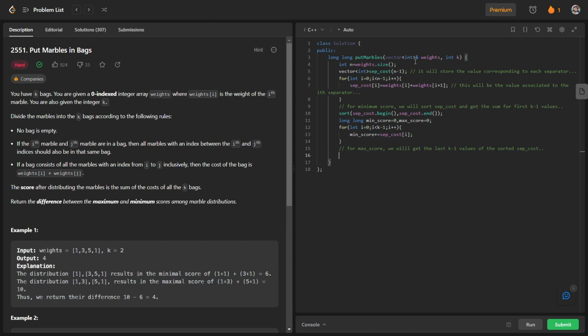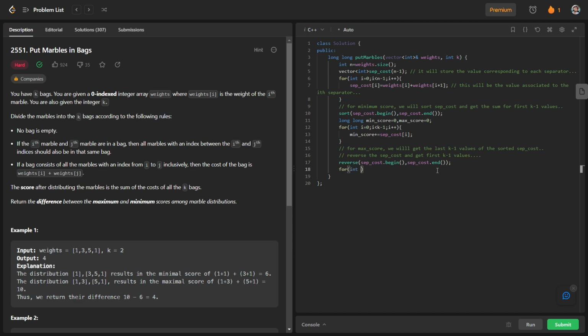For this we can reverse the sep cost and get the first k minus 1 values. So we will just reverse this vector, and for this I am using the reverse function, and we will again take the sum of the first k minus 1 values.